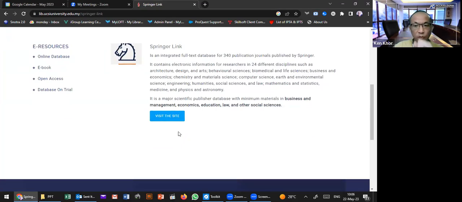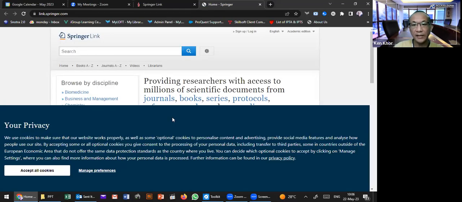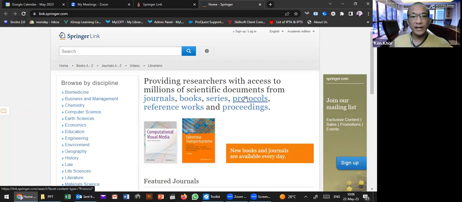So for all the users here, when you click visit the site, actually you need to register the VPN from UCSI library. For all the students and the lecturers here, this site is actually also open to all the public, but if you haven't registered your VPN login, then you still can come to this page and browse the info, but you can't get the full text. You only can get some of the full text, like those open access content that are published by Springer publisher,